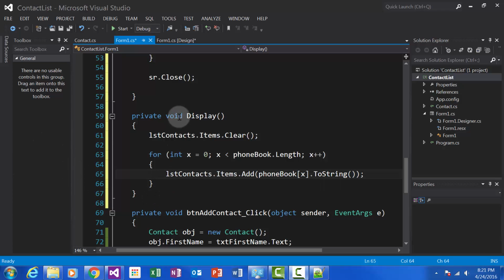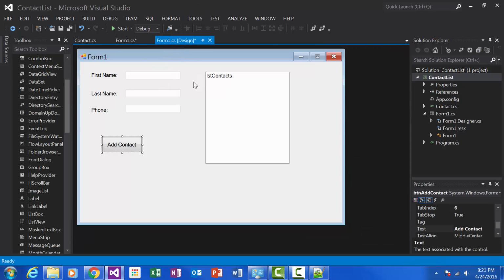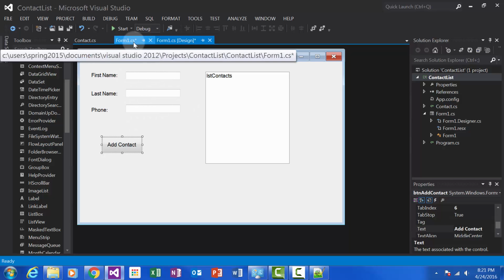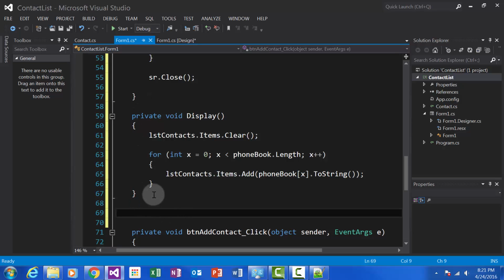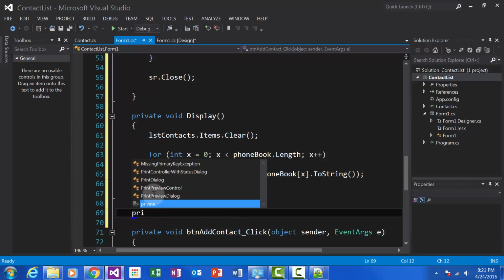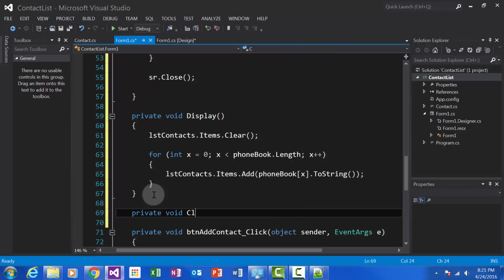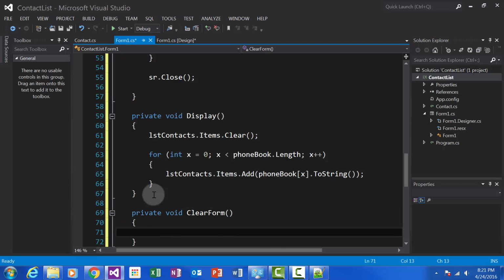Okay. One of the last functions we'll also need is a way to clear the text boxes. Once we add a record, it's going to be in our list box, so we want to clear out our text boxes. So when I add the information here, I press add contact, I want to clear out all this stuff again. So for that we could do something like private void, and we can say something like clearForm,